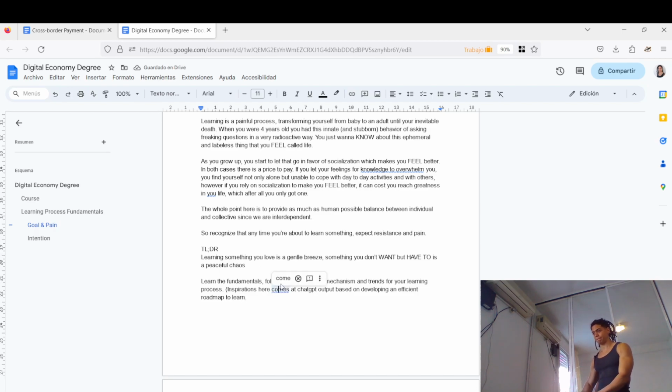That's right. So the inspiration comes from the ChatGPT output based on developing an efficient roadmap to learn, where ChatGPT, after all, is trained with this huge